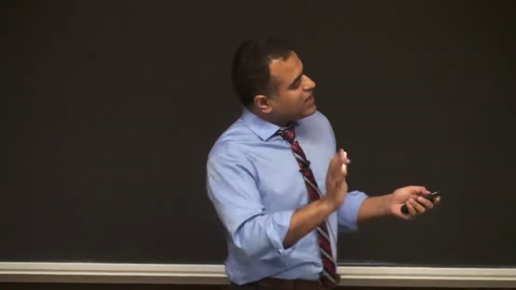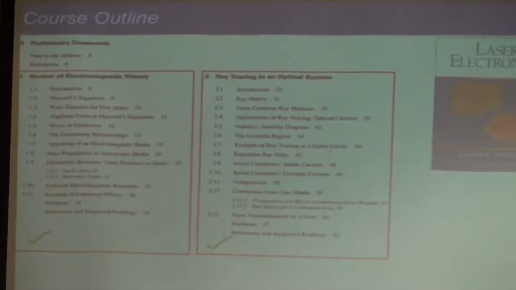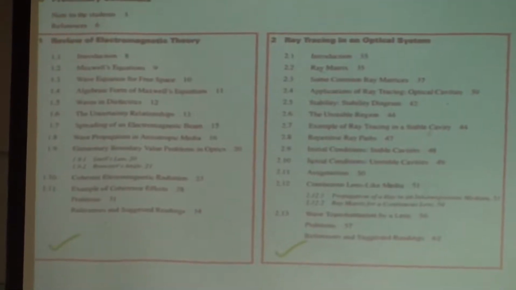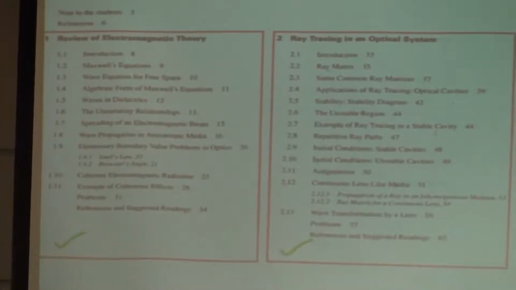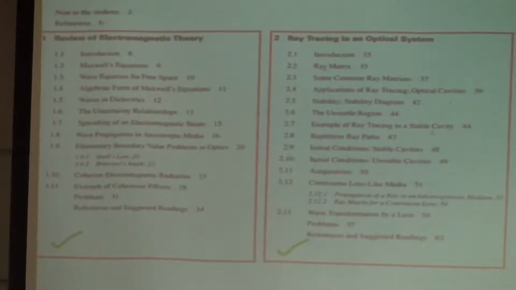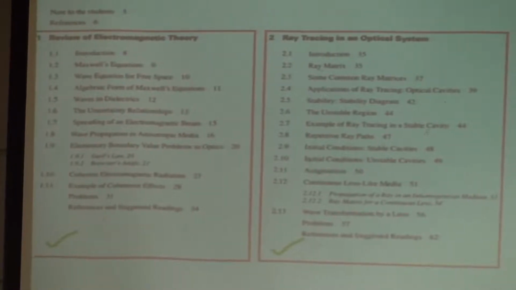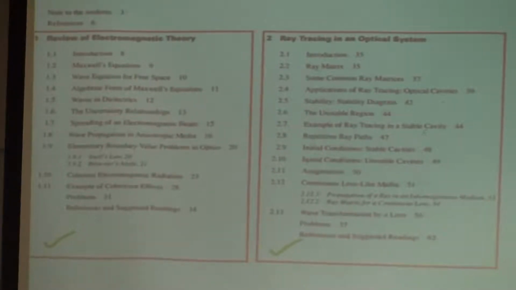Just in terms of the book, where are we now? We are done with chapters 1 and 2. Chapter 2 is ray tracing, introduction to ABCD matrices. And hopefully you are comfortable with it. You had a couple of problems in the first assignment just to test it. But in the second assignment, you'll have a lot more to play with, more realistic laser design situations. In fact, you have gone quite a bit beyond the ray tracing and ABCD matrices now. One of the important things with the ray tracing chapter was the test for stability, which I think you know, that there is a stability criterion.